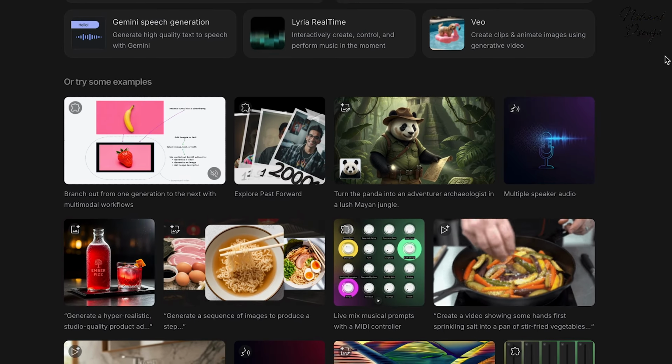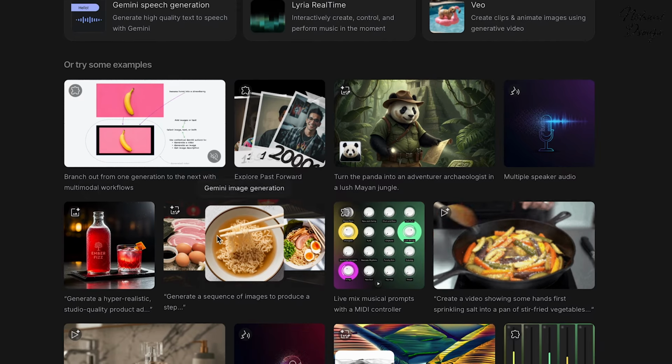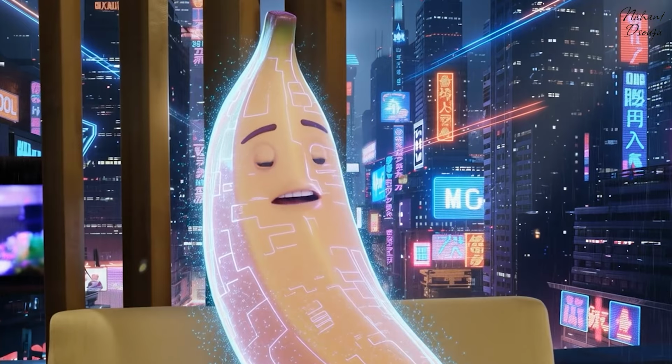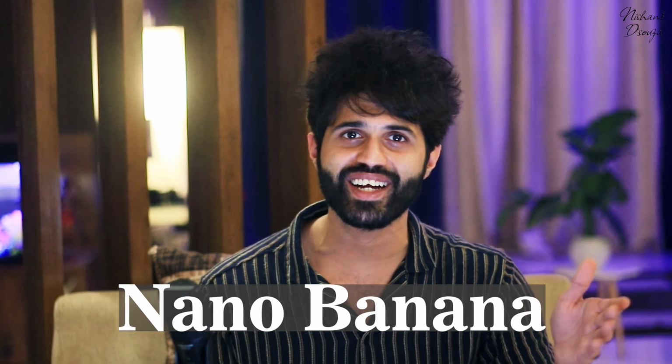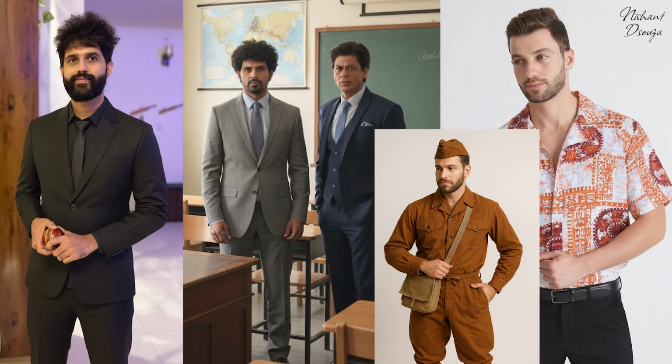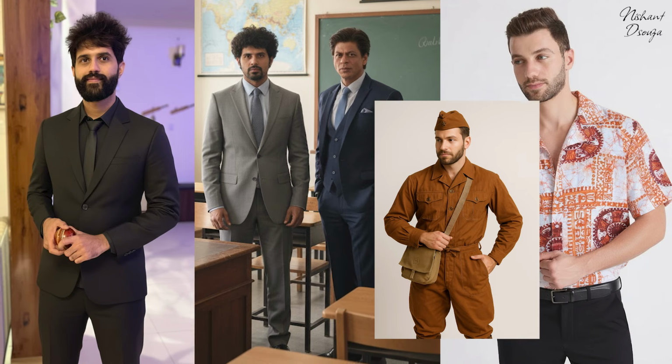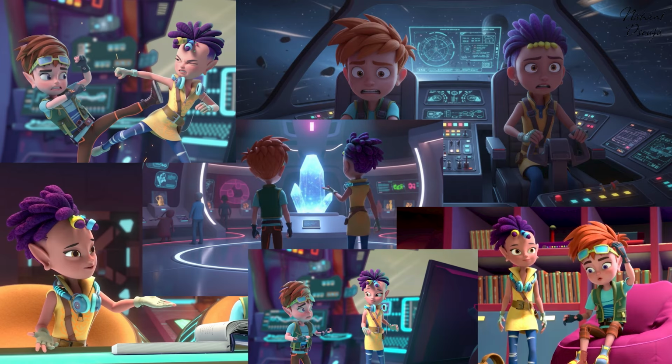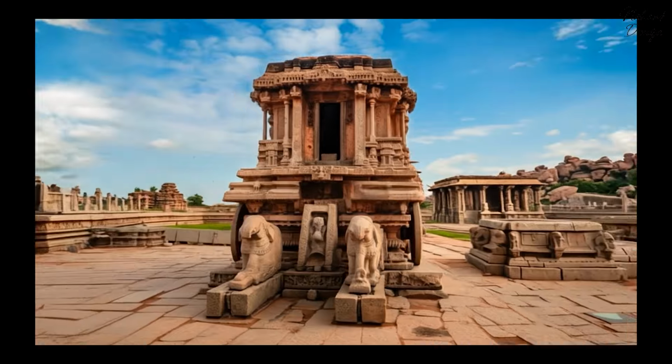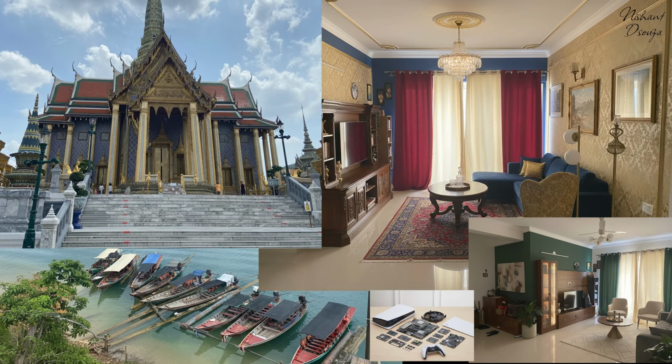Every once in a while, a new AI drops that makes creators stop and rethink everything they thought they knew about creating content. Google's latest image model, Nano Banana, that's what they're calling it, is exactly that. It lets you blend different images together, whether it's clothing, different people. It helps you make consistent characters. It helps you generate stuff from various angles, clean images, remove objects, you name it.